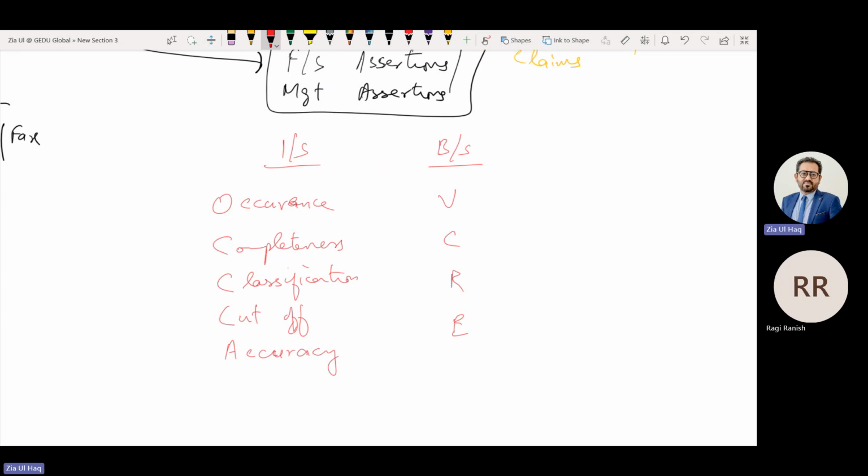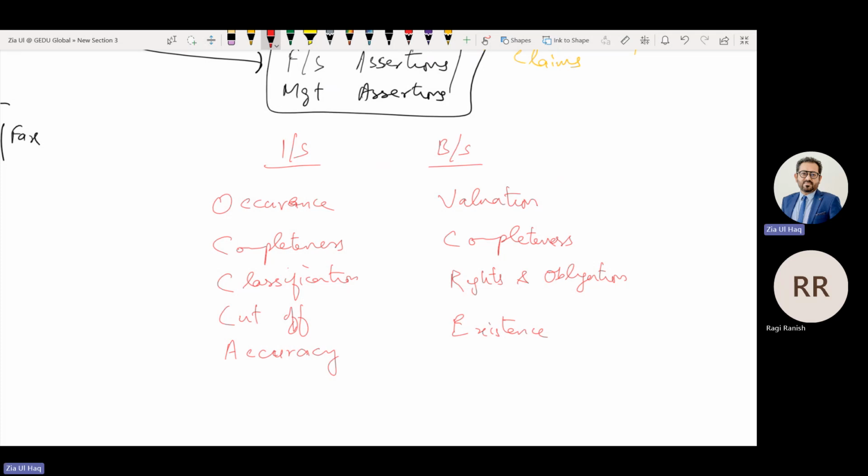That cassette we run on VCR device. So VCRE stands for V stands for valuation. C stands for completeness. R stands for rights and obligation. And E stands for existence.